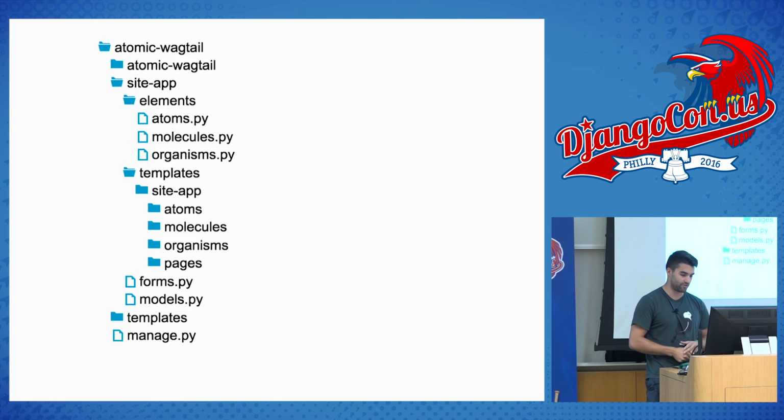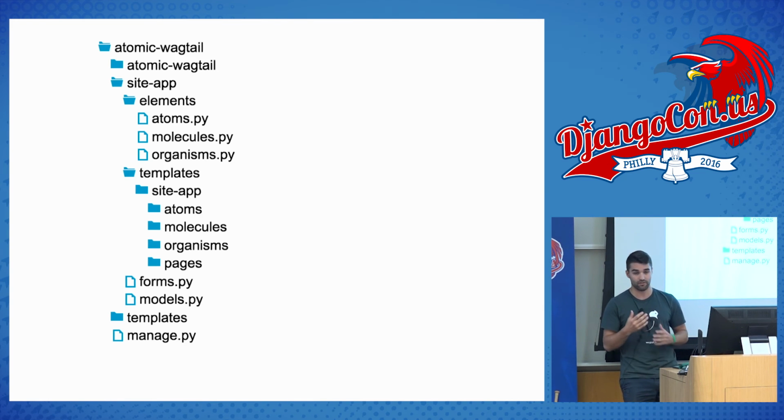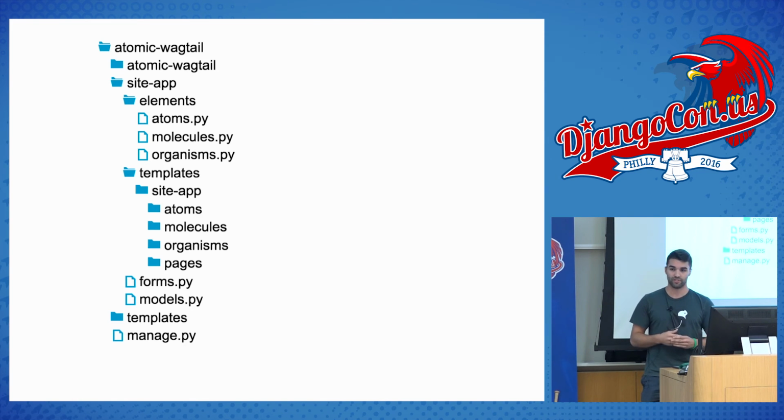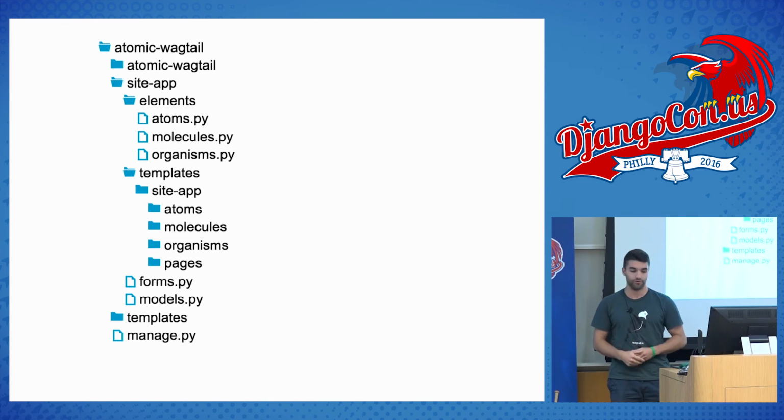And so this is just some sort of project file structure setup that I did. Essentially, in my project I put these in this elements folder: all of my atoms, molecules, organisms. And then in my models down here, I'm going to be putting all my page types. And actually, in my project, I have a models folder, in which I have all the different pages that I've created in that folder.